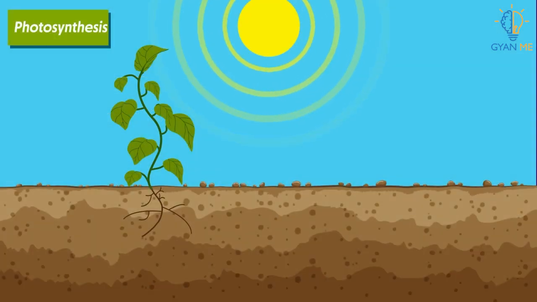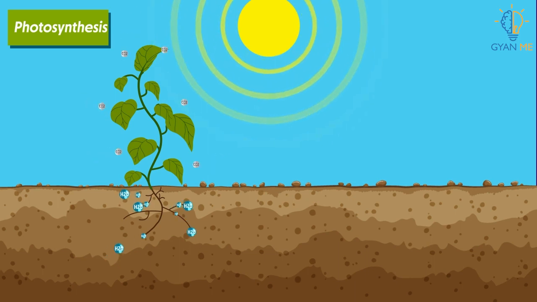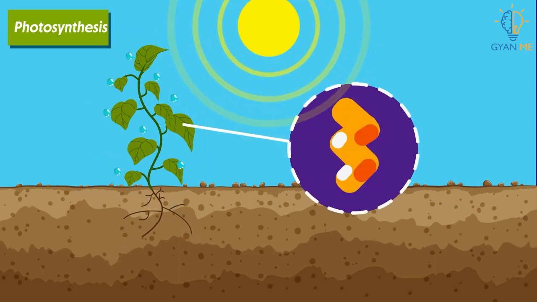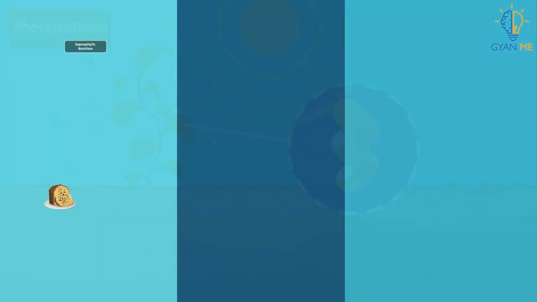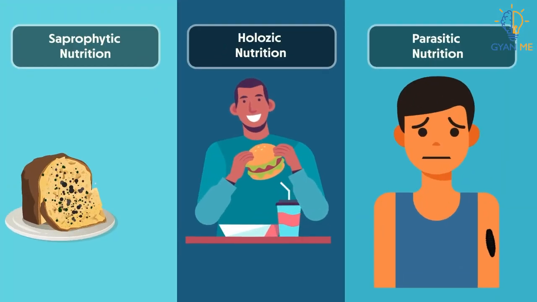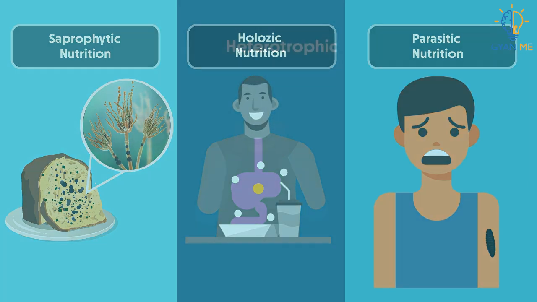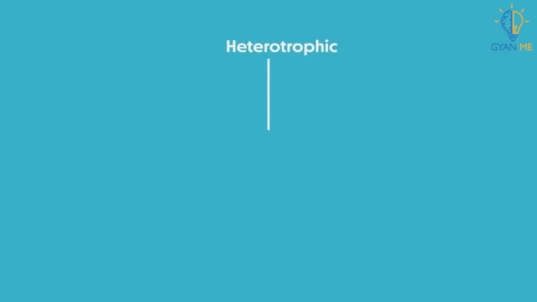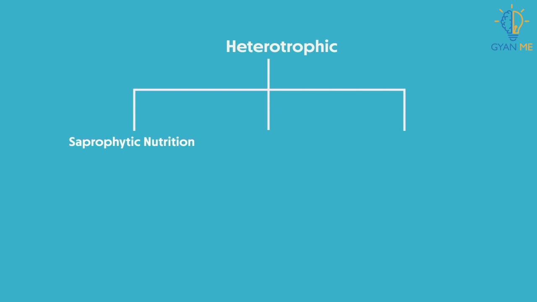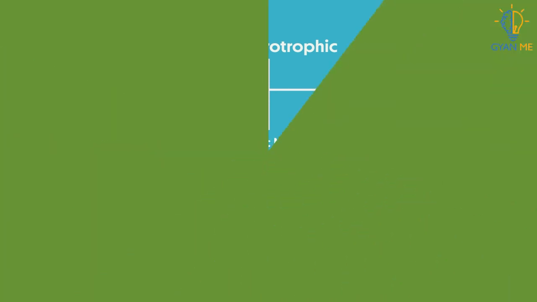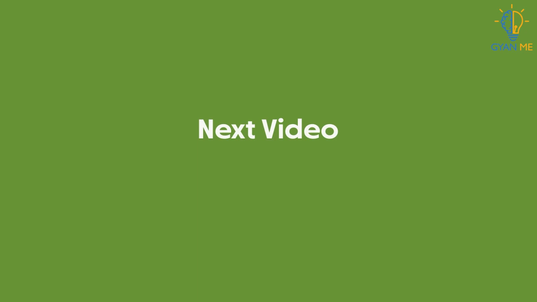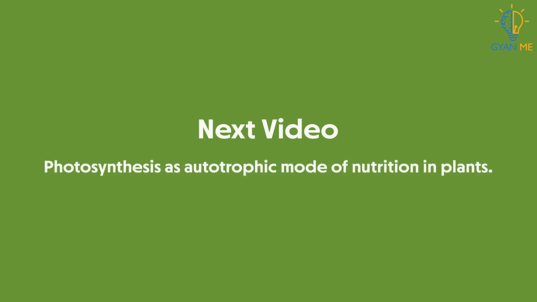The organisms using autotrophic mode of nutrition make their food on their own using photosynthesis, while the organisms using heterotrophic mode of nutrition do not make their food on their own but depend on other sources or organisms for food. The different modes of heterotrophic nutrition include saprophytic, holozoic, and parasitic nutrition. In the next video, we will talk about photosynthesis as autotrophic mode of nutrition in